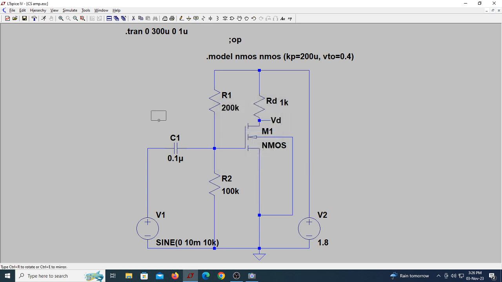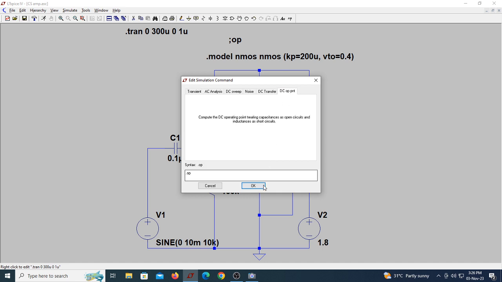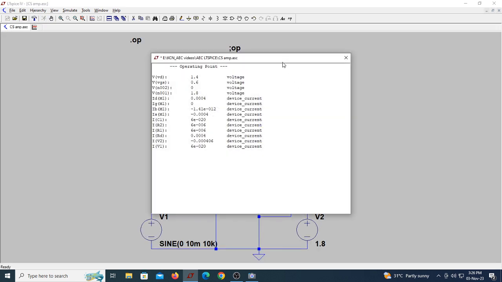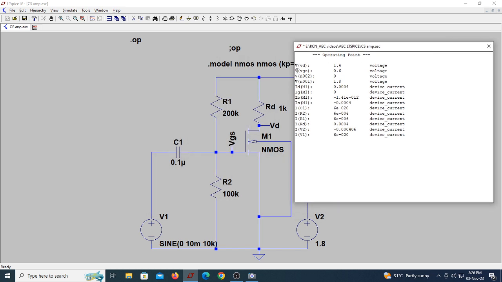VGS is the voltage at gate and source. Let me connect these two and this. Okay. So VGS is actually 0.6 because of this VDD and R1, R2. Let me do .op here, DC operating points. Okay, now if I do this, see now VGS is equal to 0.6, and it is giving current of how